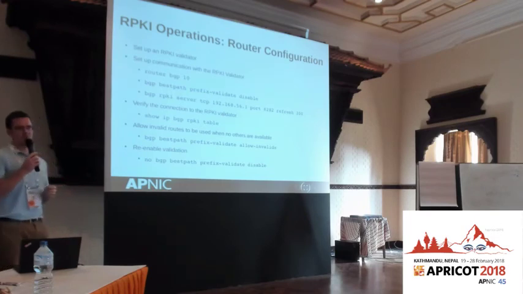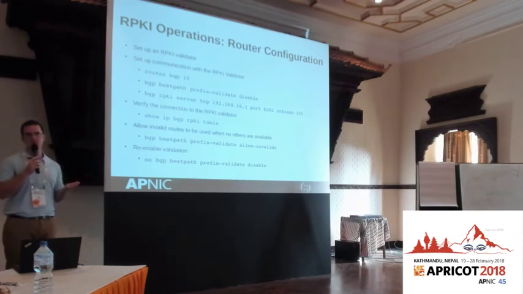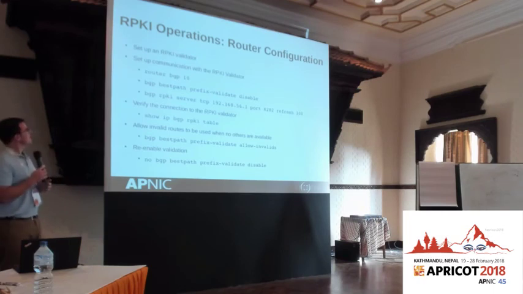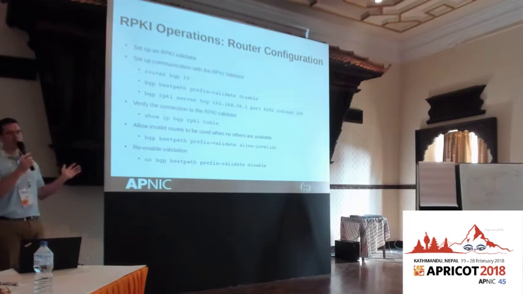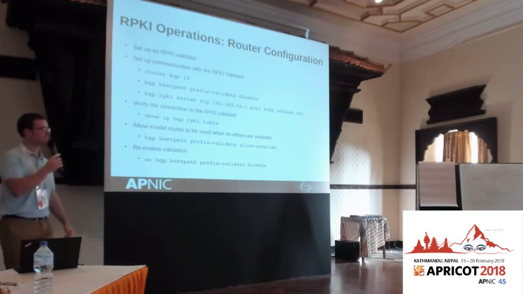Of all of these, in the test evaluation context, the RIPE validator is the way to go because it's really easy to set up. You just download it and run one script and it will start and fetch all the content, and that's all you have to do. Also, it will have a web interface available on port 8080 and it will make the RPKI router server available on port 8282, and that's the thing that the router connects to.